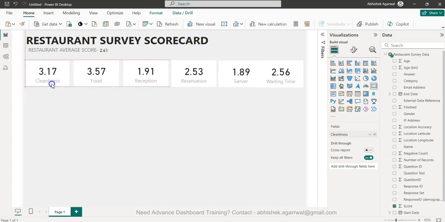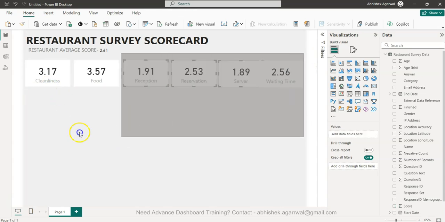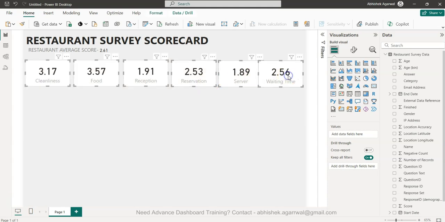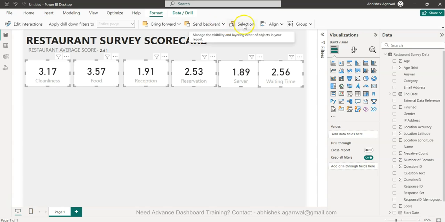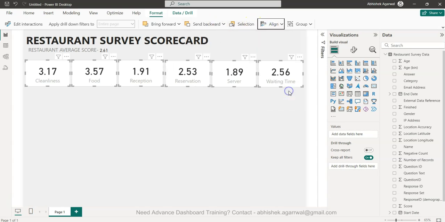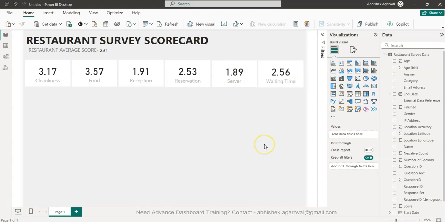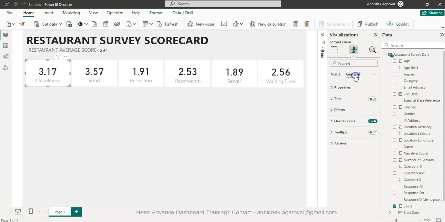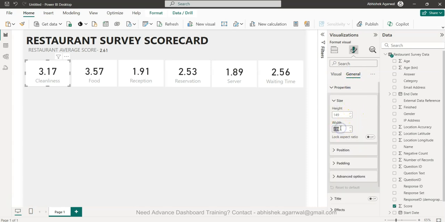And then we will just, yeah, should be good. And select this as well, format, and we are doing alignment horizontal so that they are properly horizontally aligned, right? The only thing you see is a bit of less space over here. So again, if you want to do that, we need to go in properties, and set the width accordingly, maybe 235, or let's just call it 230, and this